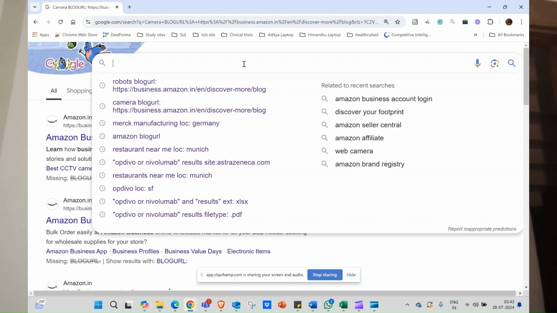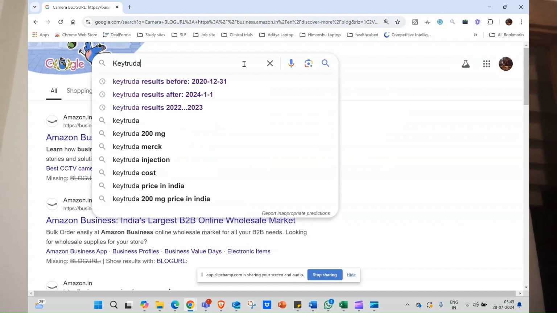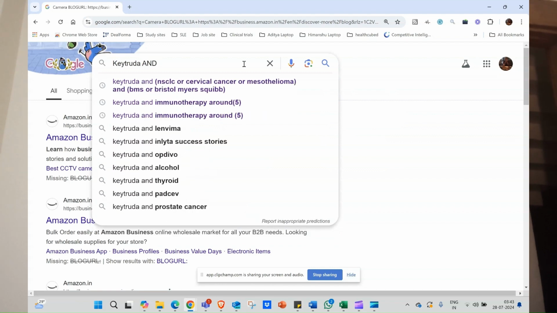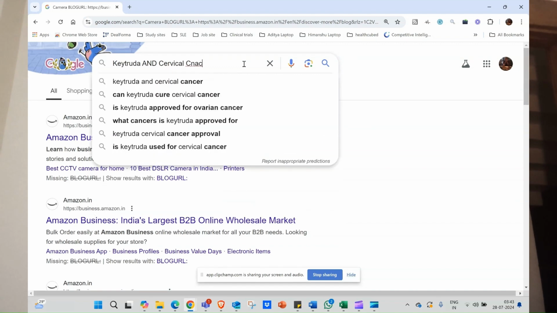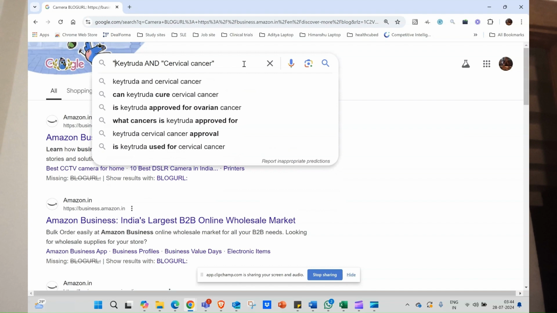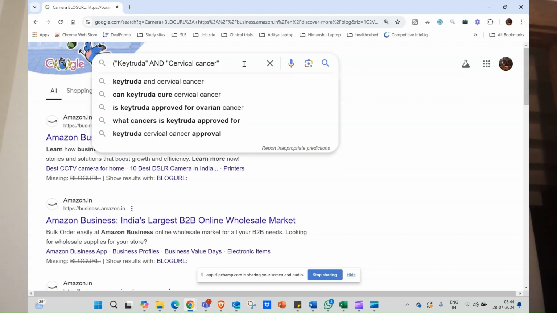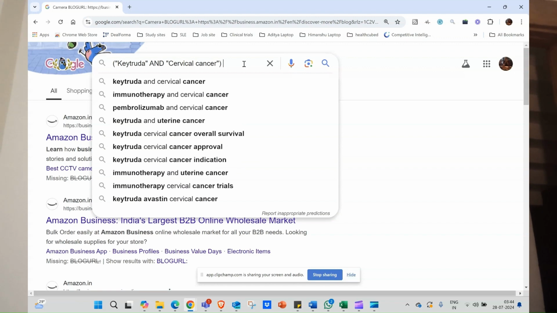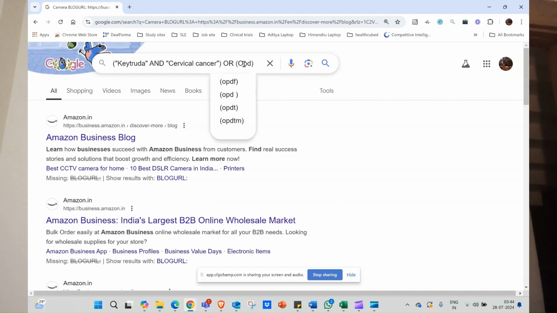Now maybe let's combine previous operators and then search. We learned about the Boolean, so let's just do Boolean. Okay, Keytruda and survival. Both are a must for me, so I will put must in double quotes. Then I'll put parentheses because this needs to be OR, Opdivo, and